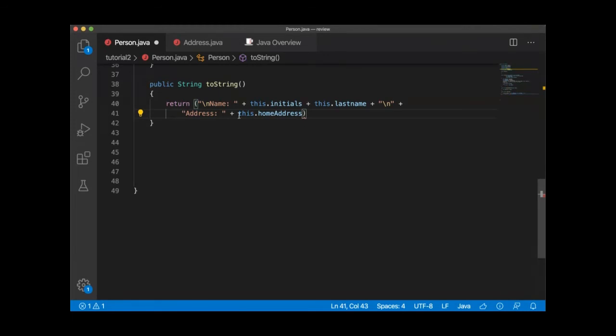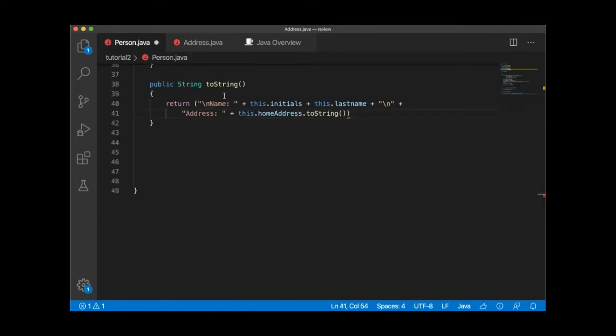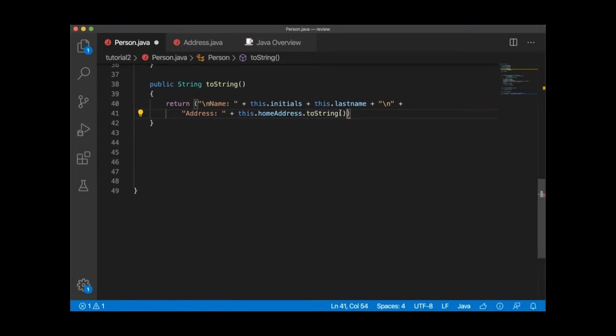All right. Now, what I can do is explicitly do this. So basically, the toString would return me all of the details for the address. Now I can explicitly call the toString for the home address, so that it will basically just add on all of that stuff that I had for address here. Or I can just do this. Now you might be asking why both of these work. Reason being is because, as I said, when you're concatenating a string and another variable,